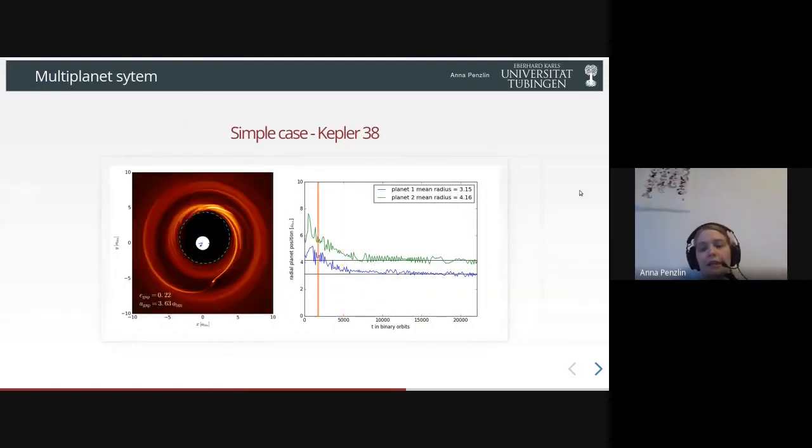Now we come to some newer things that are a bit more, let's say, unpublished and that I just explored recently. We can look at multi-planet systems, as we have seen in the very beginning. The Kepler 47 system, for example, is a three-planet system. And so the question is, can we get multiple stable planets in a